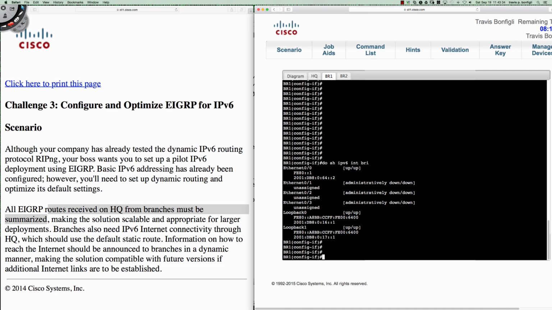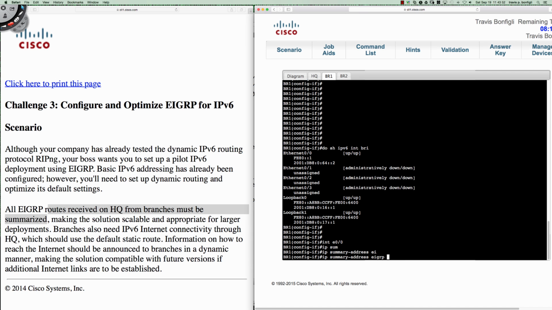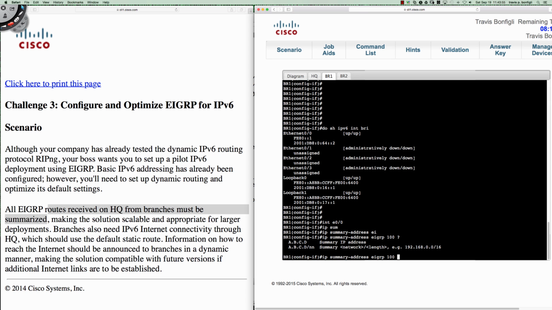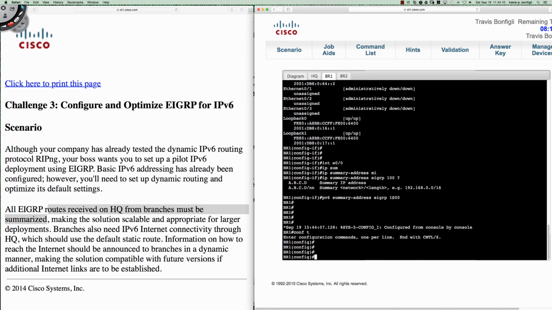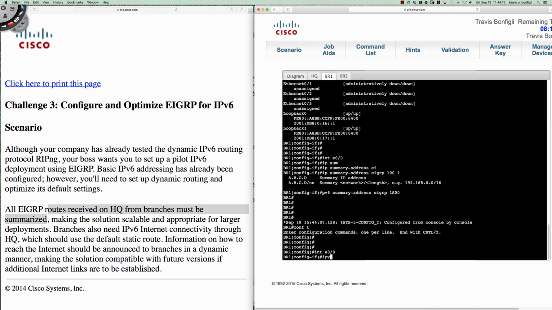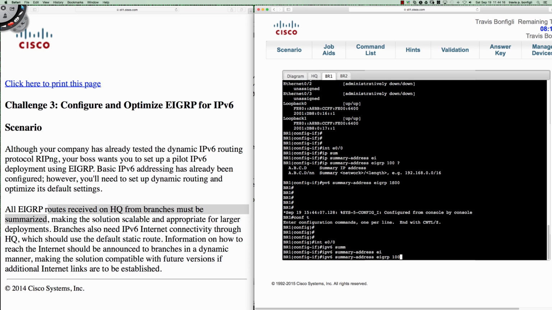So again, to perform the summary for EIGRP for IPv6, just like EIGRP for IPv4, remember, those are not named mode. They're different than named mode. So for EIGRP for IPv6 and IPv4, we go under the interface, and this is where we say IP summary address EIGRP 100, and in fact, let me catch myself here. I've done this before. I get caught up in IPv4 mode. So IPv6, and let me go ahead and just pull this back, we'll say Control C here. So we'll go into global config again, into interface Ethernet 0/0, and I'll say IPv6 summary address EIGRP 100,